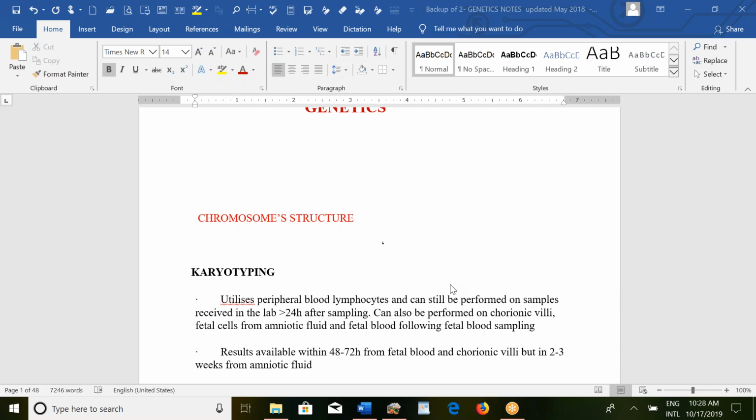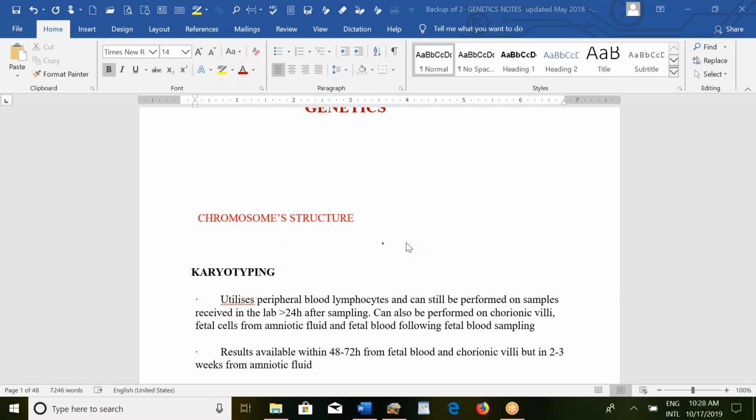Then how much time a certain investigation is going to take, you should know about that. Then how you will convey the results, and how you will break bad news for the mother also. And you should remember the very specific things. Okay, so structure of chromosomes, why it is important, because DNA, that is the basic material